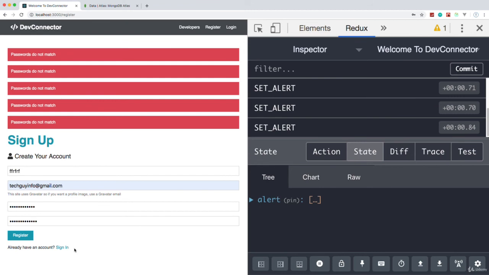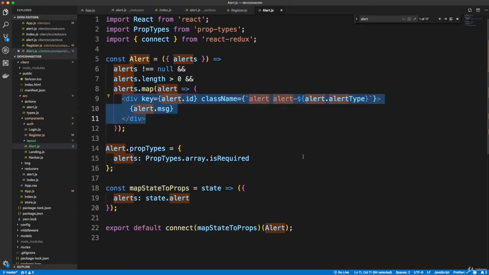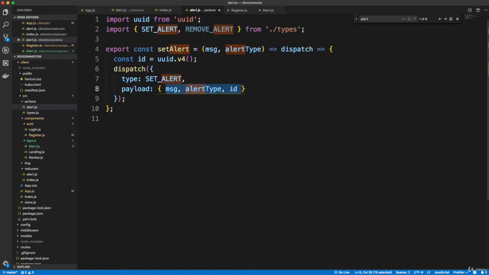Now there's different ways we could do this. We could create an X button here. What I'm going to do is do a set timeout and just wait a certain amount of seconds and then clear the alert or remove the alert. All right, so we're going to go back to our actions file, and like I said, after a certain amount of time, we'll go ahead and dispatch remove alert so that that will go away. Let me see. So we're going to go under the dispatch